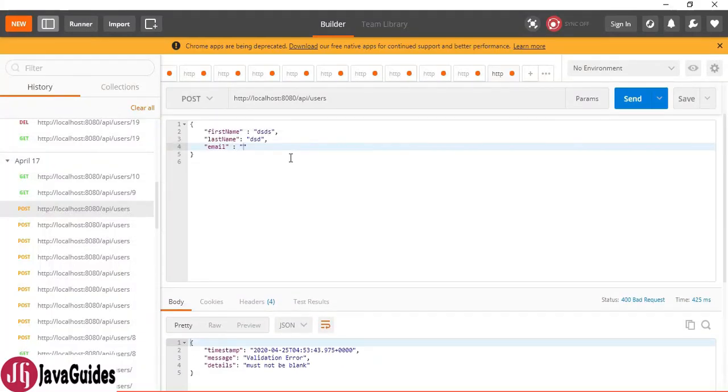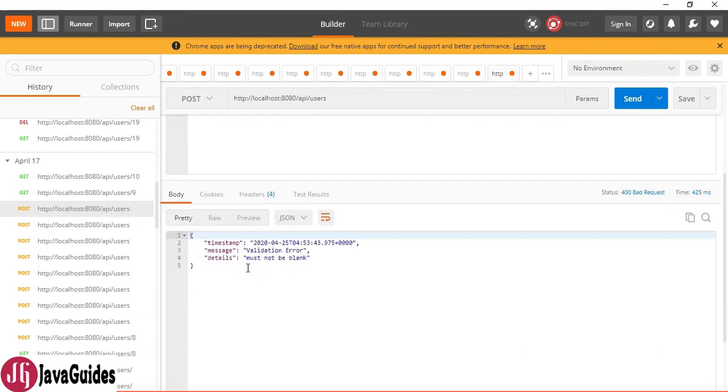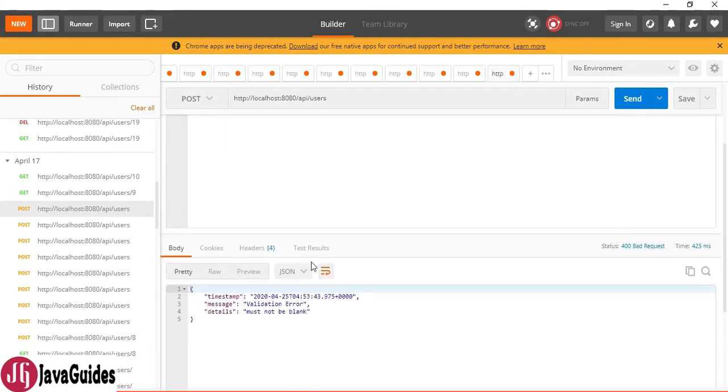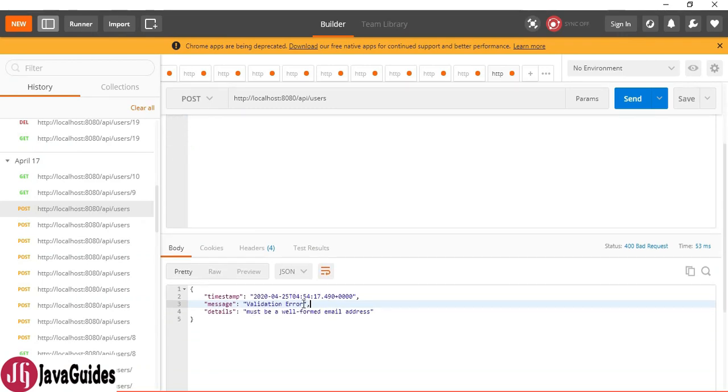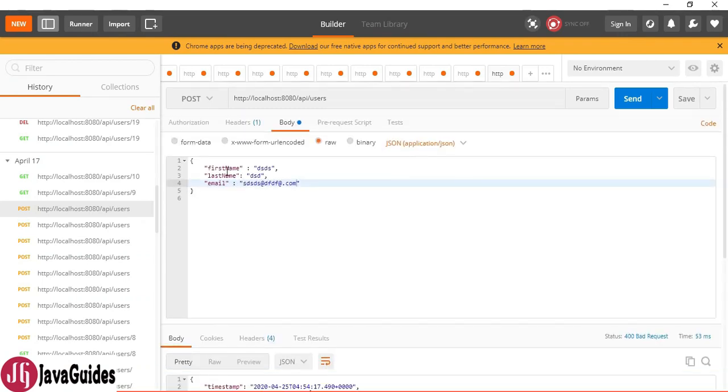Yeah, look at here, the @NotBlank validation annotation works. So it says must not be blank. Alright, if you give a wrong email address here, this message we got in the response. So this is how we applied validation for first name, last name and email address.